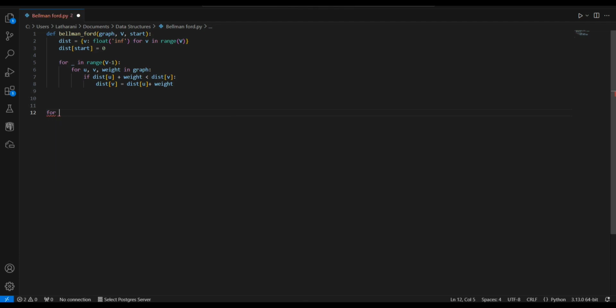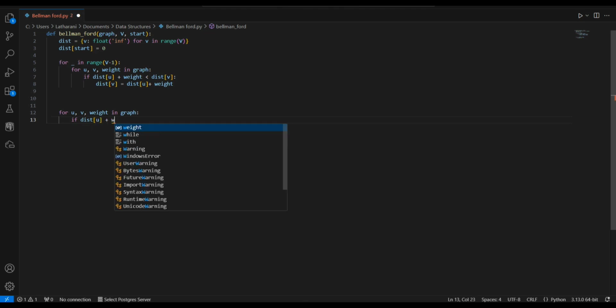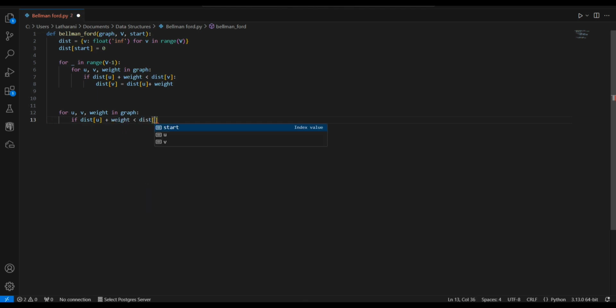Next, for u, v, weight in graph, if distance u plus weight is less than distance v,